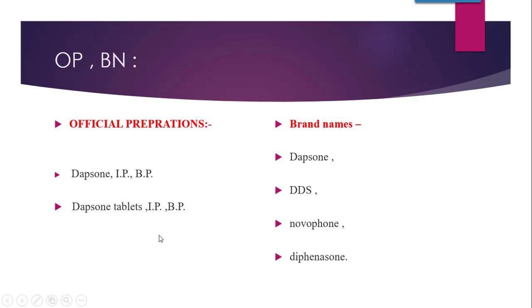Official preparations and brand names of dapsone we will come to. That is also not really asked in the exam, but since the complete drug is important, we will not skip that. Official preparations: dapsone IP/BP, then dapsone tablet IP/BP. Brand names are dapsone, DDS, by which it is asked in exam also. You very well know dapsone itself, again it's the brand name. Then Novophone, then difenazone, etc. are the brand names of